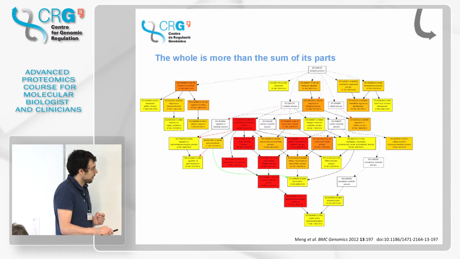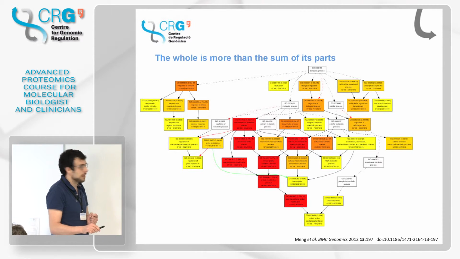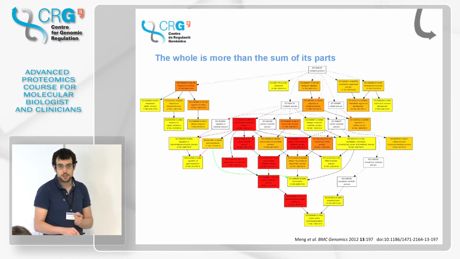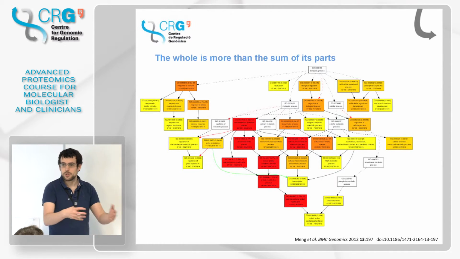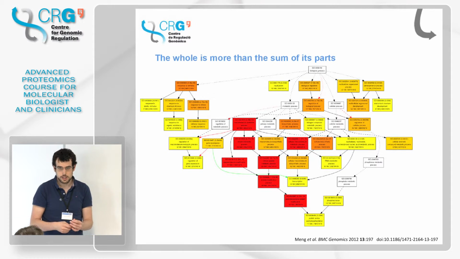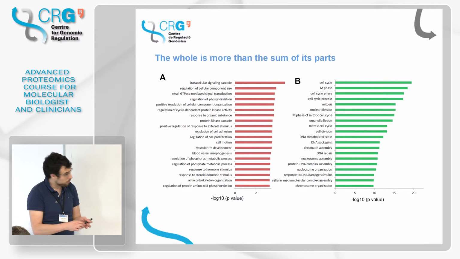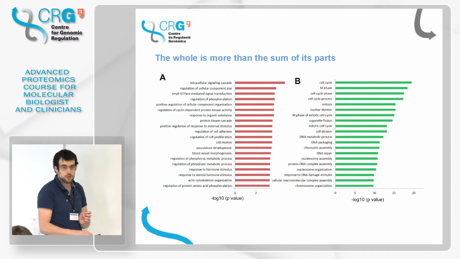The more red, the more significant; the more white, the less significant, right? So what we ask is, well, we know it has this tree structure, and then we have several tags that are indeed enriched, right? And this can give us a clue of what our perturbation or our treatment is doing in the cell. So probably you are more familiar with this type of representation of GO enrichment,